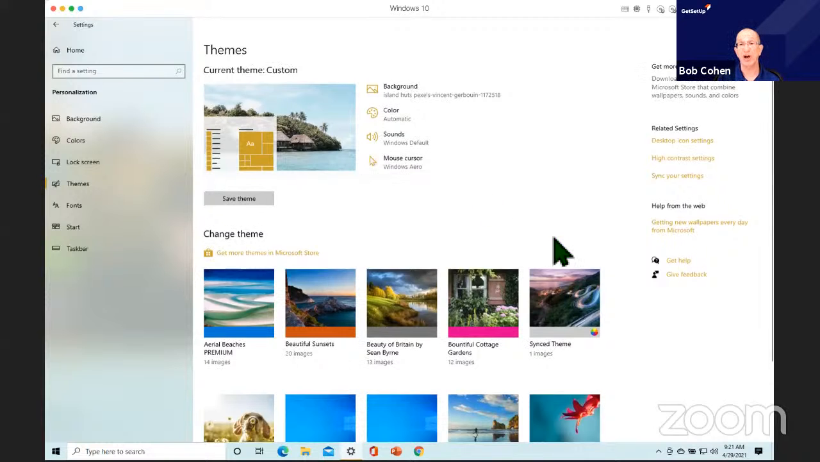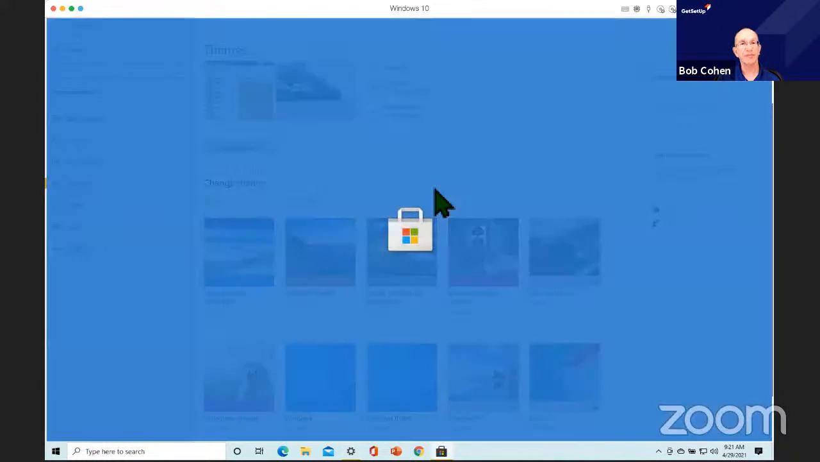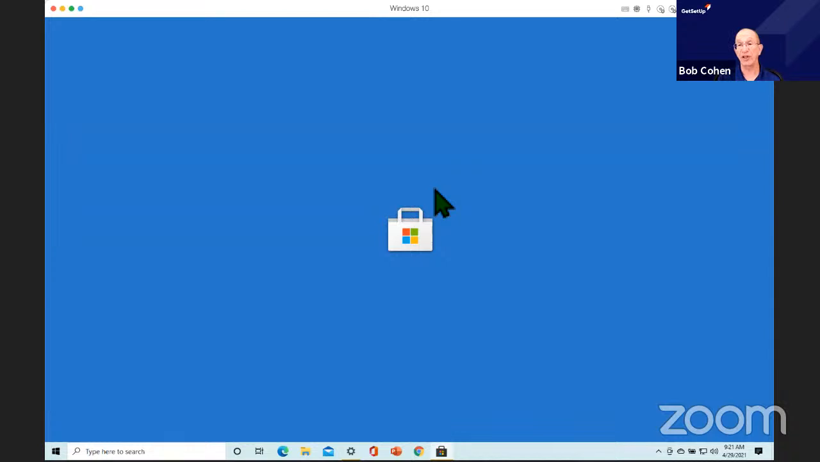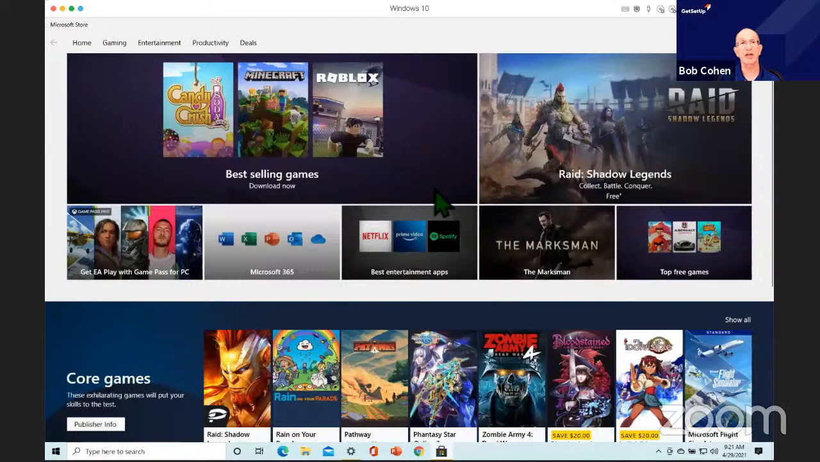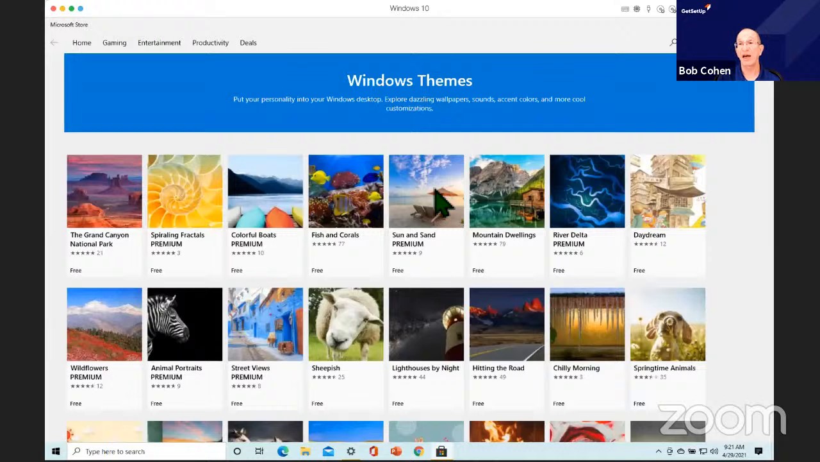And I've been installing themes because I have been doing this class for a while. But if you look in here and you want to get more themes from the Microsoft Store, all you have to do is click on this link. It'll open up the themes that are available from the Microsoft Store automatically. And they have